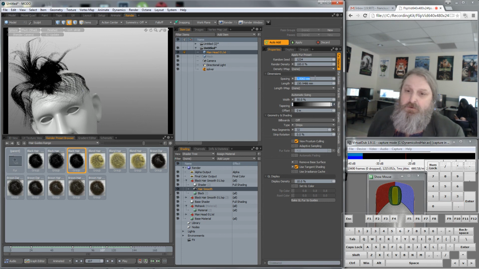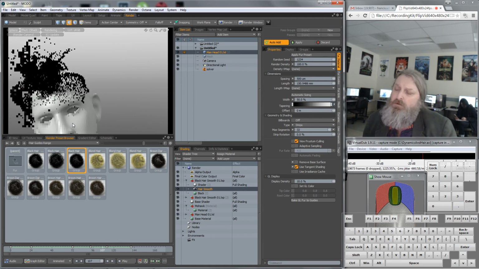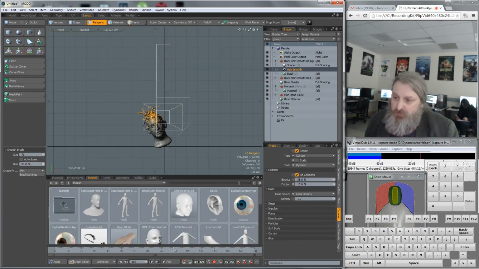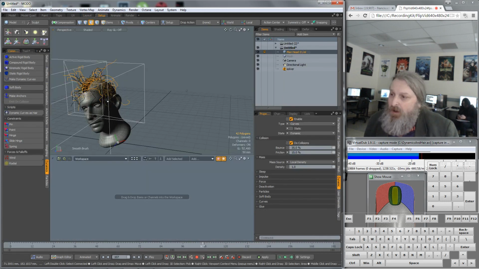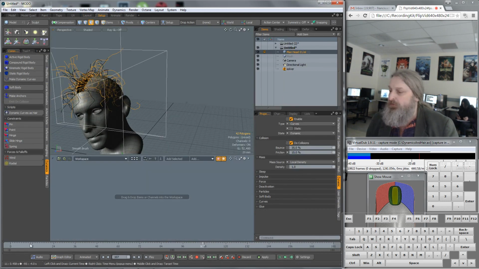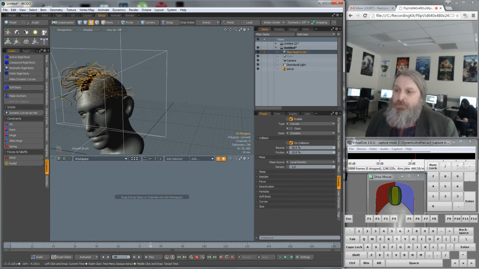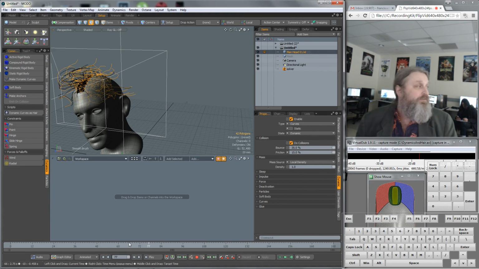And I can certainly increase the number of hairs. We'll go to 0.5 millimeters. And this will take longer, but should put in more fine hair. And actually, it even bends better when I look at it that way. And again, I can play with the other settings on this. If we go over here, we should see some simulation of those hairs. See how it has the black hairs now? Those are supposed to show me what it actually looks like when it goes, so I could play that back and get a better idea, but I would have to render it out to see it. Okay? Okay. I'm going to